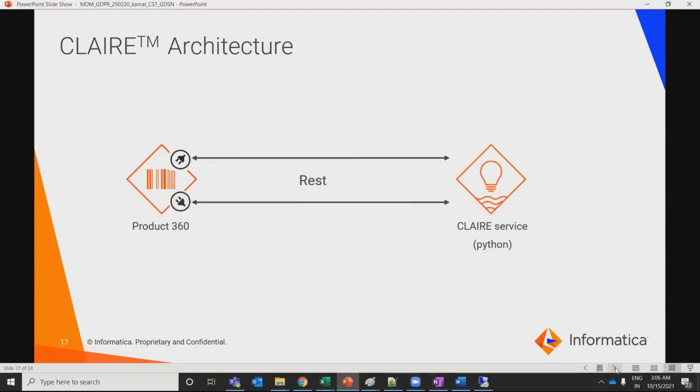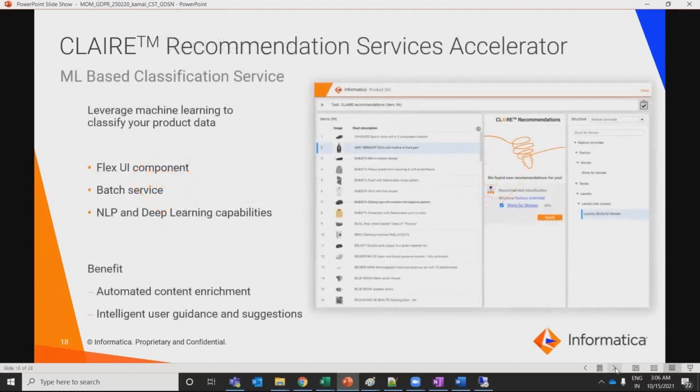It will be building, and from where it will be suggesting or recommending some of the, or even enriching the contents, right? So let's see about the benefits of Clear, and why this accelerator is more beneficial, and in